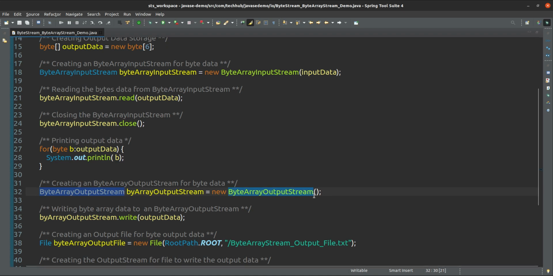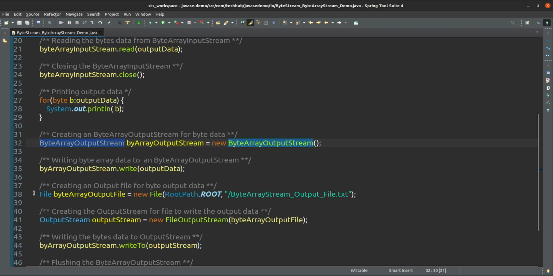To this byte array output stream we are writing this output data, and after writing this byte data, if we have to see what data is available under byte array output stream, we have to write that data into some file first, and inside that file we can check.